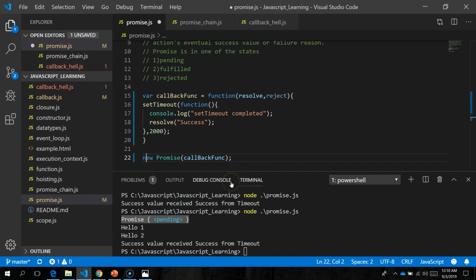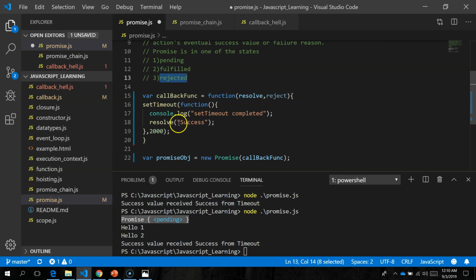Now what will the new Promise return? As you know, new Promise will return a promise object. The promise object will always be in one of three states: either pending, fulfilled, or rejected. At first, it will be in the pending state because it has not received the value.